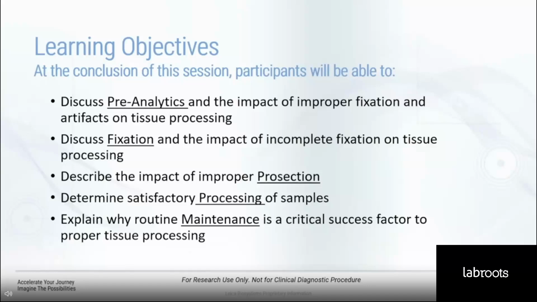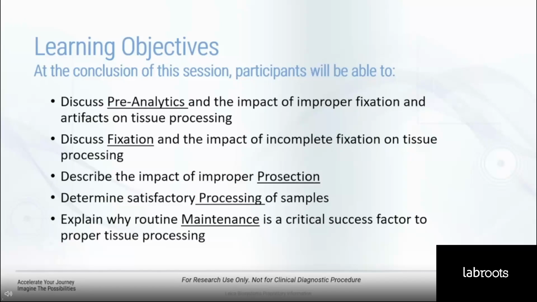Discuss fixation and the impact of incomplete fixation on tissue processing. We're going to describe the impact of improper prosection, which is actually the dissection and sampling of tissue, and determine satisfactory processing of samples. Last but not least, we're going to explain why routine maintenance is a critical success factor